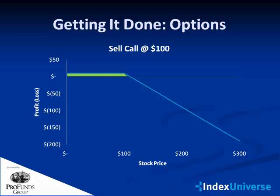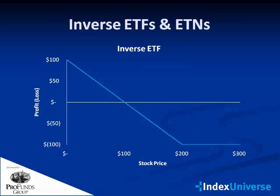It's worth pointing out that in both of these cases in options, it's a little more complicated than this because you have to pick exactly what contract you want to be in. Do you want to be in next month's contract, 6 months from now, next year? And you have to pick the price at which you want the option to strike. It's not like shorting where you're going to short it at the price that the market will give you. You have a range of options that you can choose from, pardon the pun, and you have to pick the one that you think is quote-unquote right. Now, what the right option is and what the right premium to pay or collect is the subject of yet another entire branch of academic finance. And it's not really for the uninitiated or the faint of heart, but it is an option that's available to